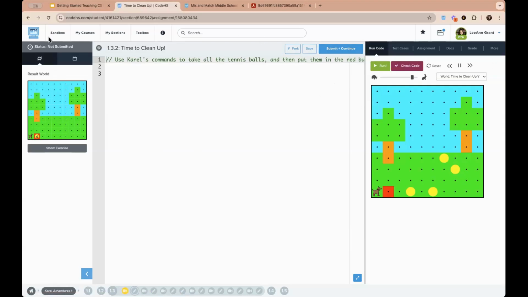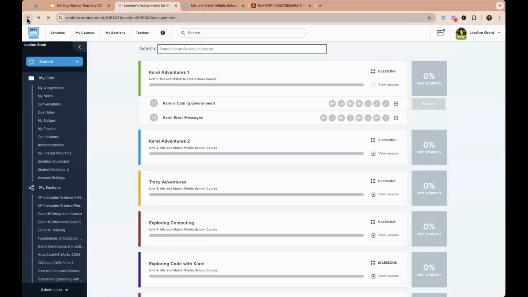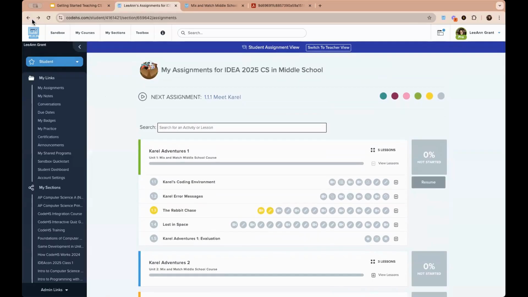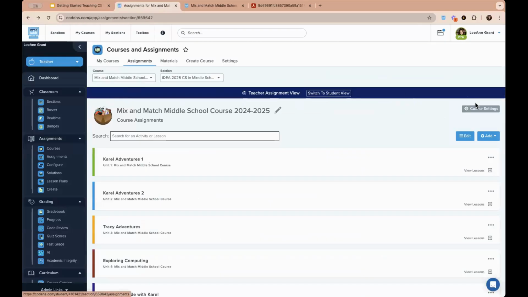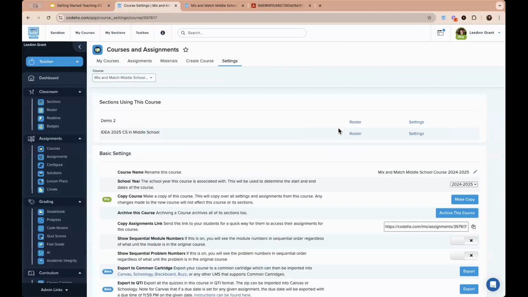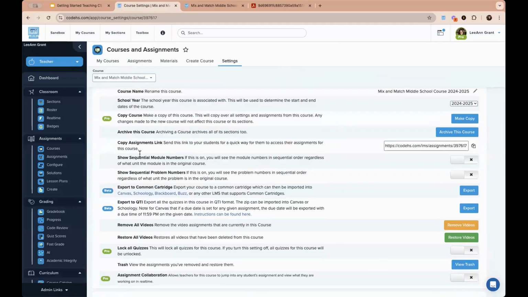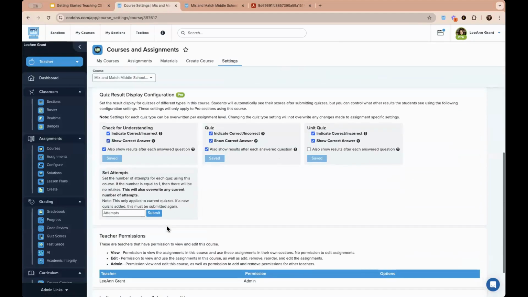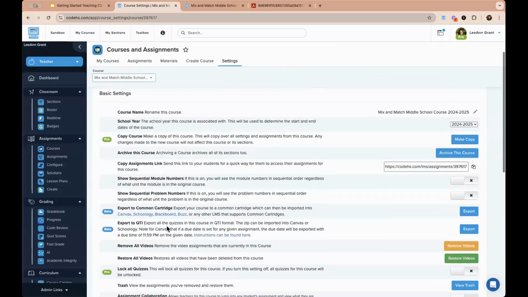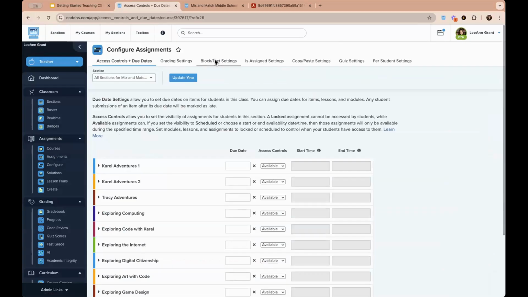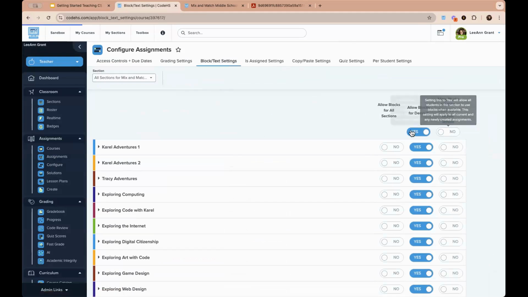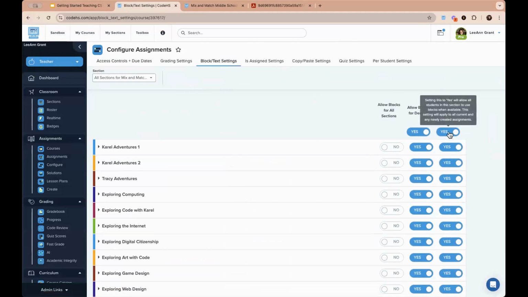Okay, so I'm going to go back out into this course as a teacher, and go into my course settings. Oh, I know where it is. It's configure. Block and text settings. And I'm going to allow block and text settings.